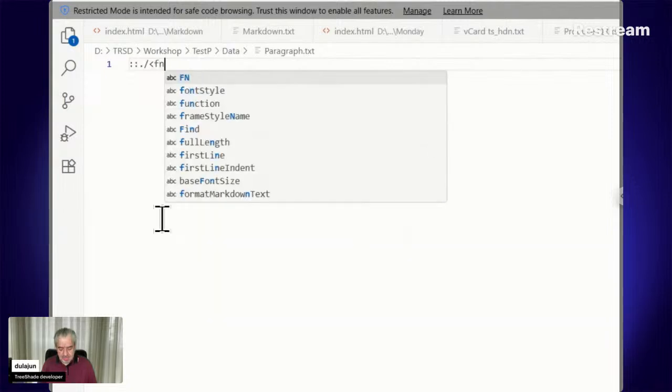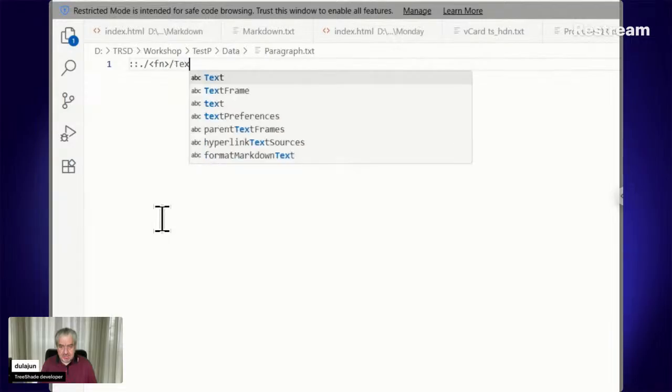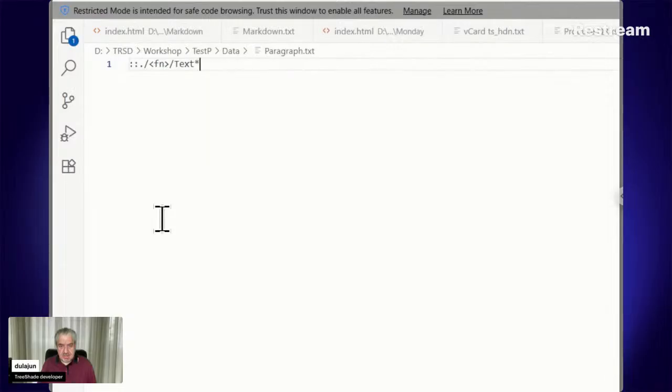Write fn for file name, this variable, and then here we have text, and write asterisk to the remaining, to the extension, and then write a place to place the content of the text file,